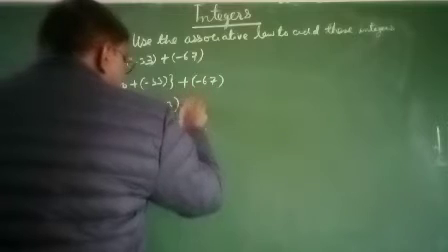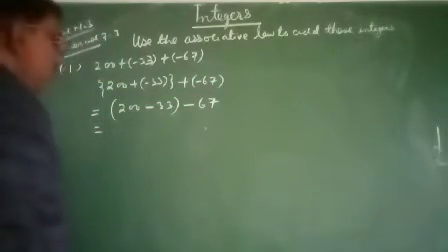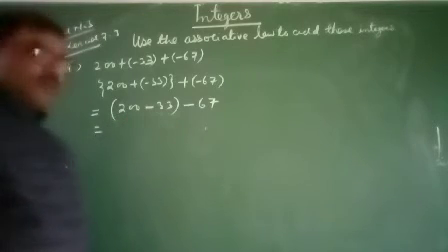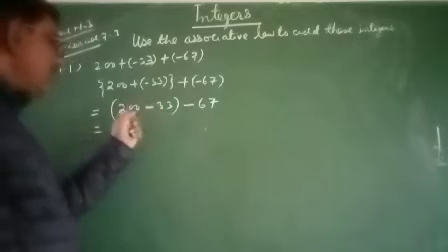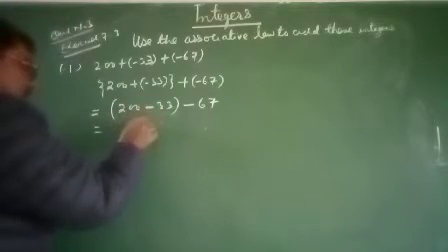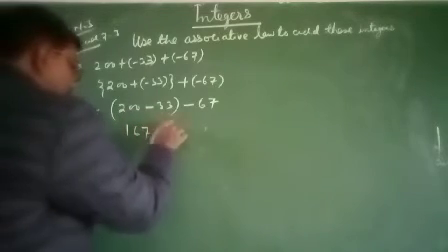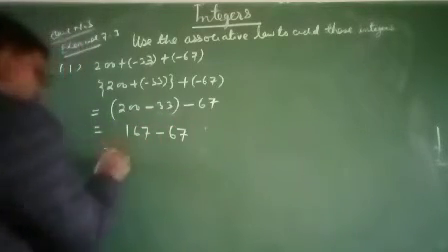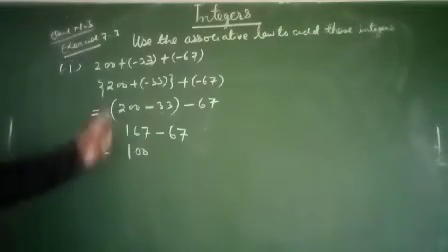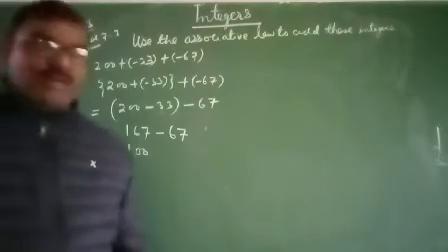Here plus minus will be minus 67. Then first of all, I will subtract 30 from 200. Then it will be 7. 9 plus 9 minus 3 will be 6. 167 minus 67, then it will be 100. So if we add these numbers by the associative law, the result will be 100.